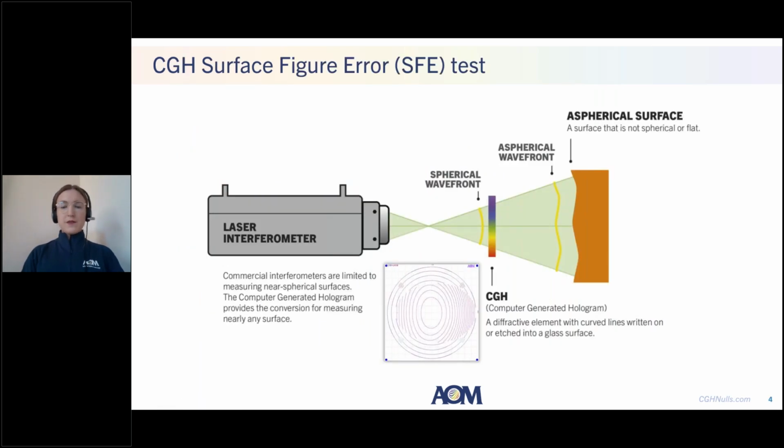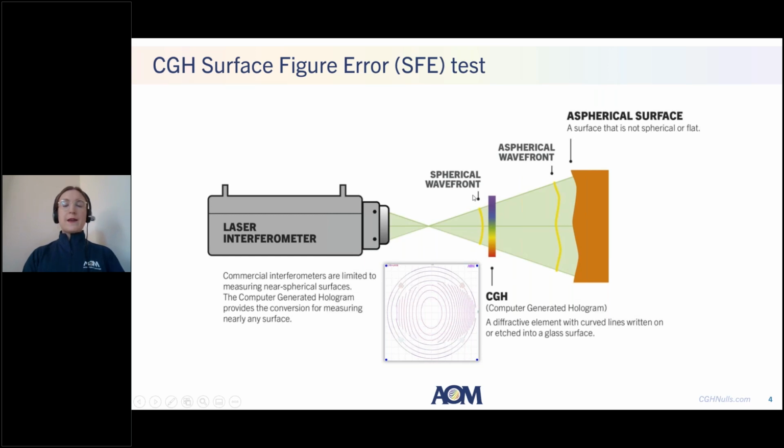So to start off, a CGH measurement. CGH is used to measure freeform and aspheric surfaces. And the way that it's used is as an accessory to a standard interferometer, such as a Fizeau or a Twyman-Green. These interferometers will put out a collimated or a spherical wavefront,